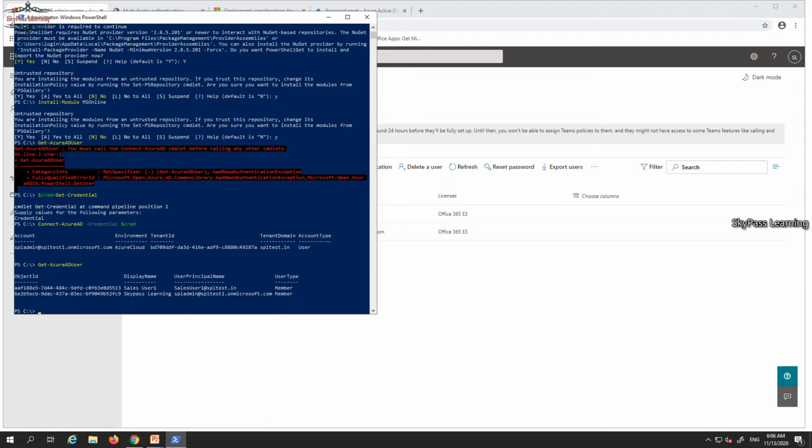Let me quickly show you more details on this. Suppose I have taken Get-AzureADUser, and then I put the command -ObjectId. I placed an object ID as this, and after that I'm going to show you.